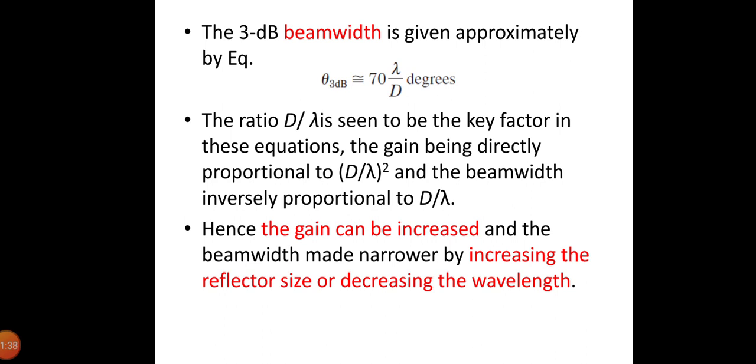In comparing the C band and Ku band, the largest reflectors are those for the 6 by 4 GHz band, and comparable performance can be obtained with considerably smaller reflectors in the 14 by 12 GHz band. Satellites used for mobile services in the L band employ much larger antennas, with reflector areas in the order of 100 square meters to 200 square meters.